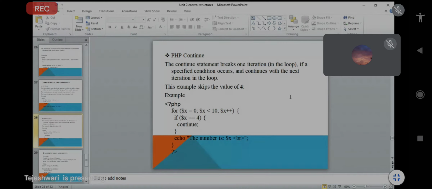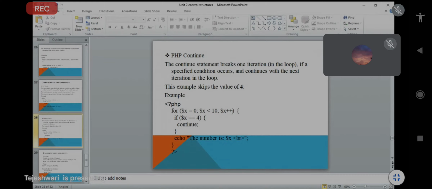For the example, we have to take the PHP code. Open brace question mark PHP, and take one for loop, then set the value for one variable, that is $x = 0. You can take anything, like a, b, c variables, but I just take $x = 0.